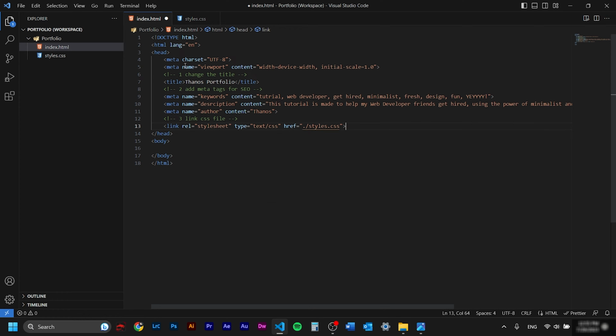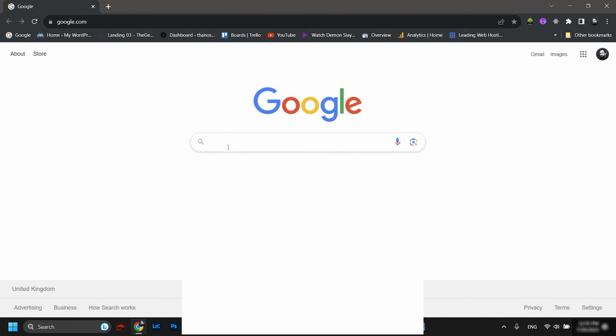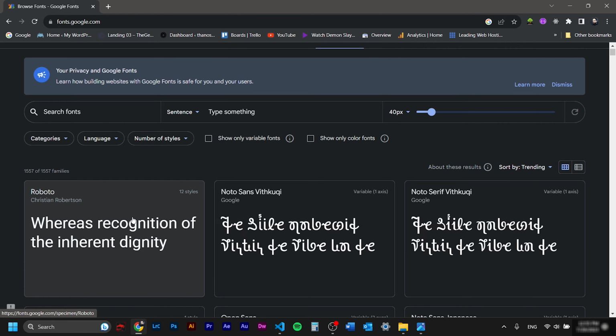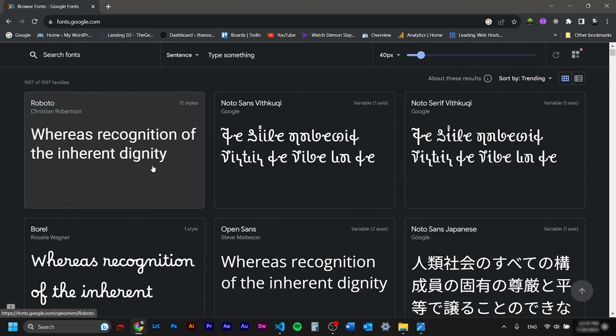In order to finish with all the meta tags, if we go back to our draft, we can see that we need this specific font. It has two weights that we need, and it's a Google font, so let's go on and link it. Let's open Google and go to Google Fonts. We are very lucky, Roboto is the first one. At this point I would like to give you a tip. If you are planning to use any crazy fonts, only use them on titles, because if you apply them on big bodies of text, it's gonna be very difficult for people to read.